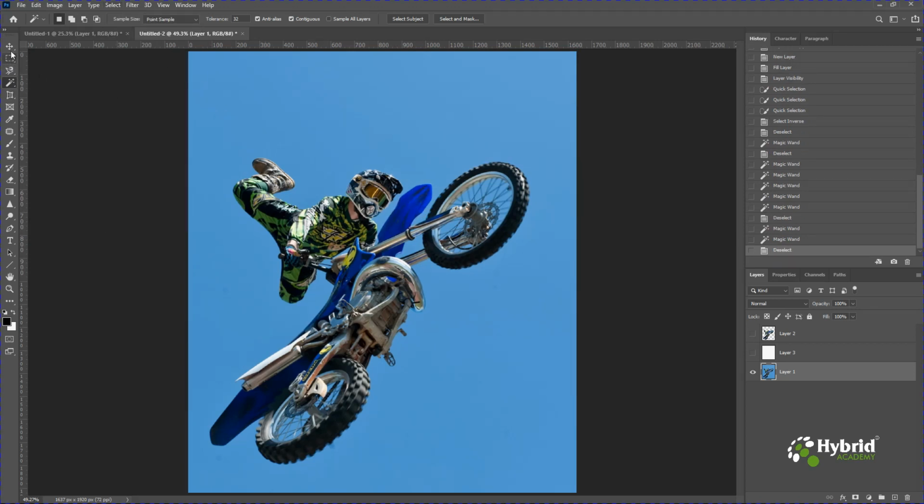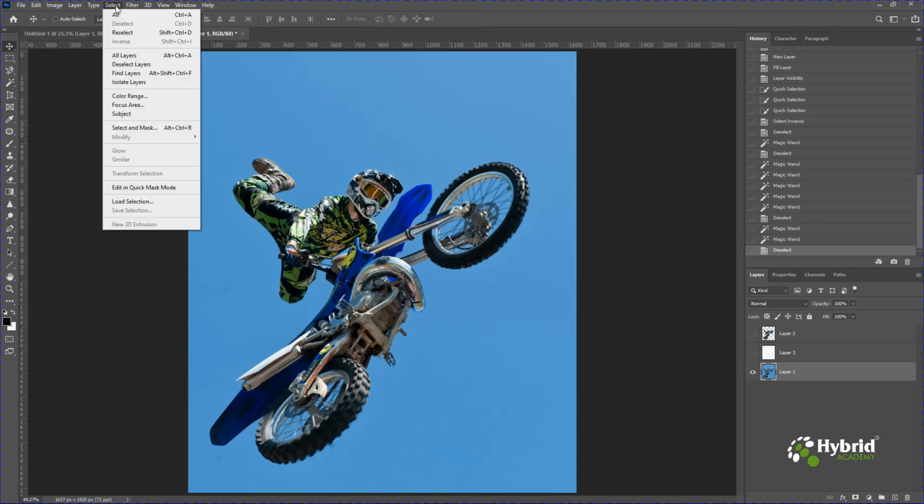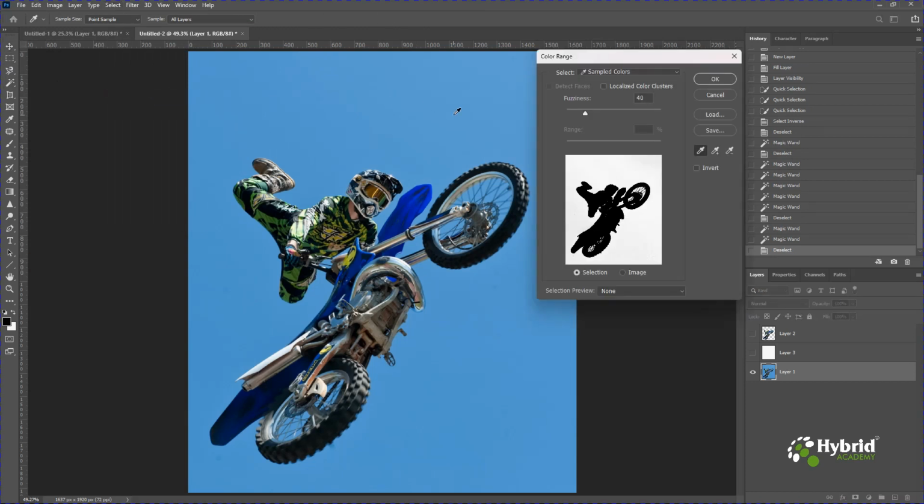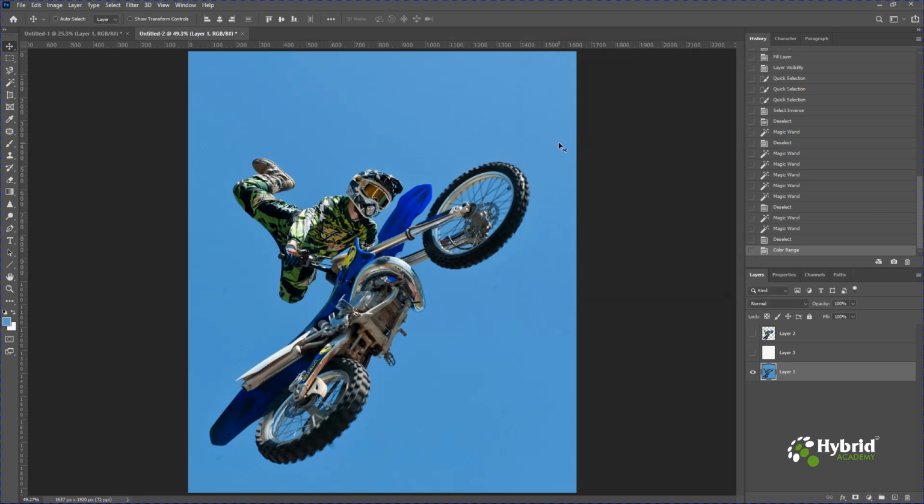Apart from this, we have a selection menu in the menu bar, which gives you again 3 different options. One is the color range. This also works on the color. So wherever there is a similar color, you can easily select that color using this selection tool, and you can see the selection is made. And in case you wish to select the object, you can always invert this selection. Right click, select inverse, and the actual object got selected, and you can create a copy of the same using Ctrl J or Command J,